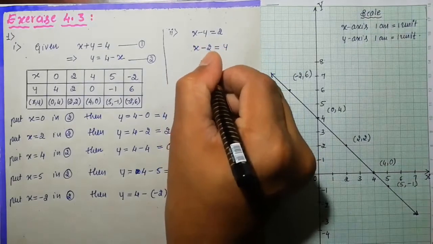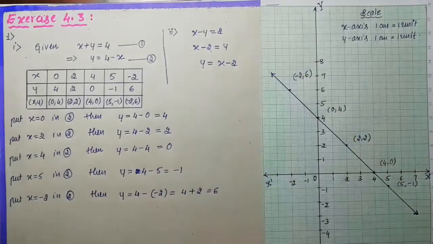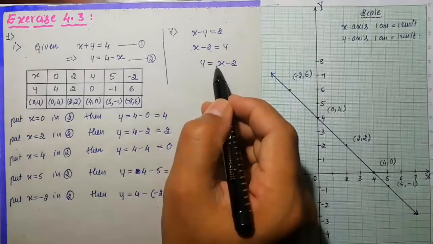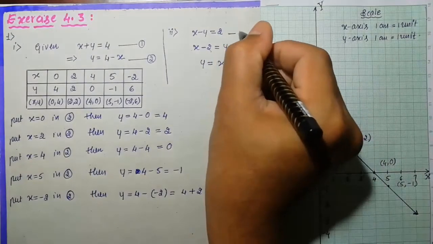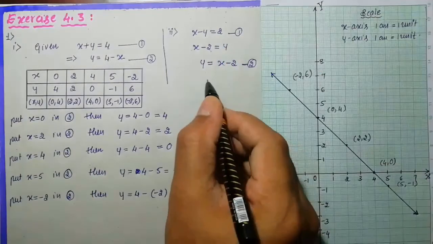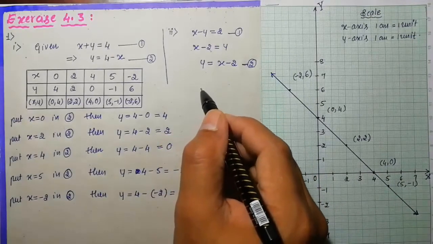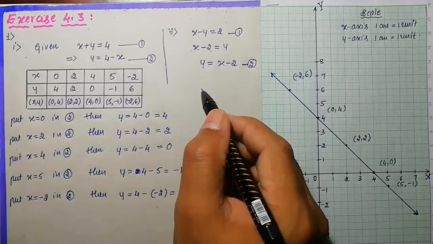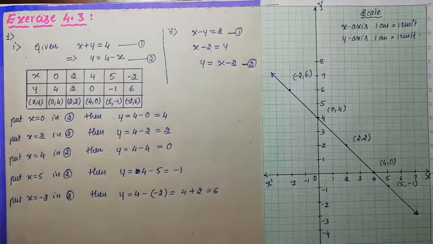Now I am going to reverse this equation. y is equal to x minus 2. So now this is actually the equation, and put this one as equation number 2, and this will be as it is 1. Now you have to take different values of x, and you will get different values of y corresponding to the value of x, and you have to plot the graph as it is. It is very easy. I think you can solve the second one.